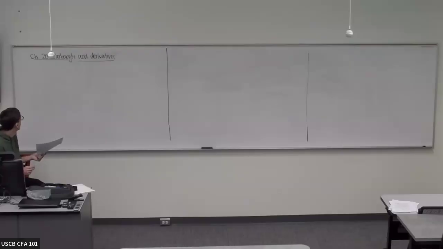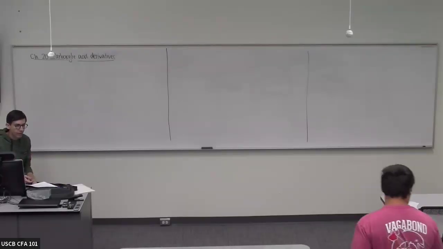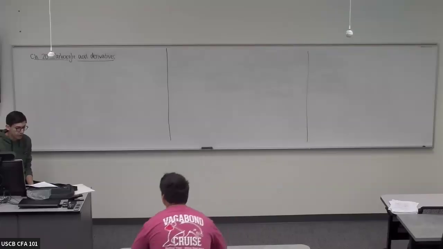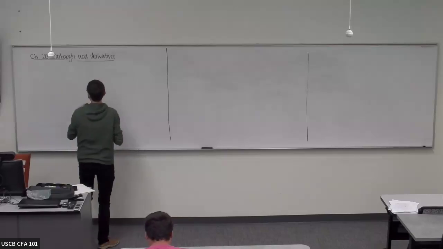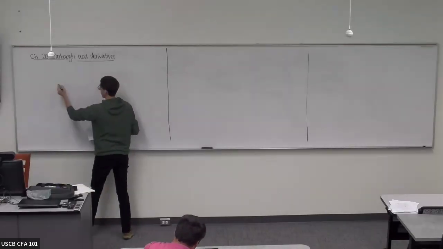Okay, so today we're going to start chapter 20, which is derivatives of carboxylic acids. This is kind of a continuation of the aldehyde and ketone chemistry, but we're going to change up one side, or one half, of the functional group. Well, so the general form for the stuff we're going to talk about